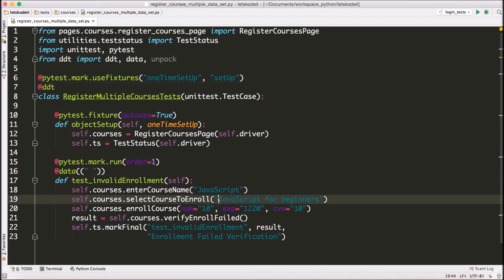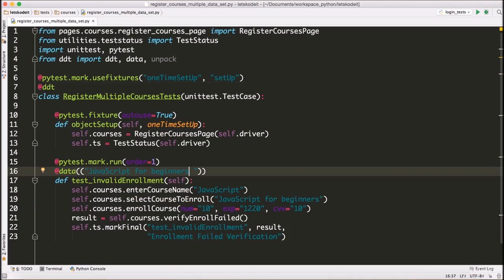So I'm going to say this, JavaScript for beginners. Let's just use this. And once this is done, after comma, I want to provide the credit card number, then the credit card expiration date, then the CVV code. So this is our first data set. If you see in a tuple, we provided the first data set. After comma, we will create another tuple. So you know what? First, let me just try to run this code with one data set,